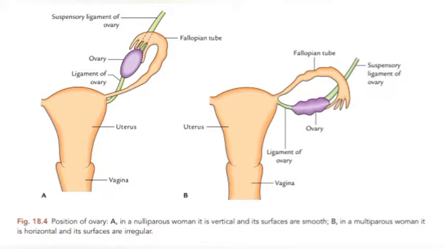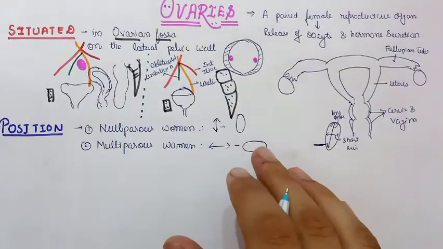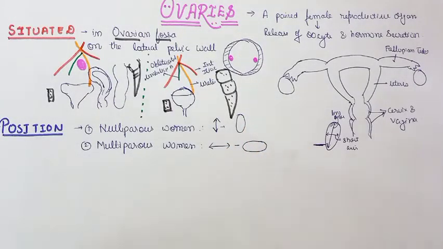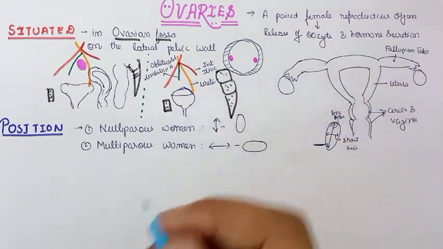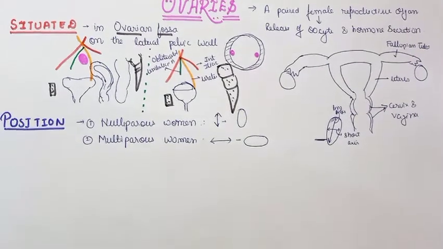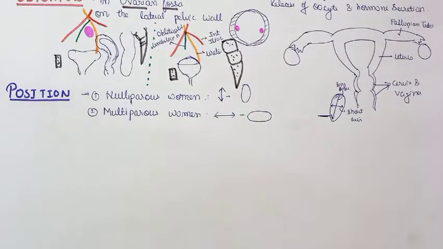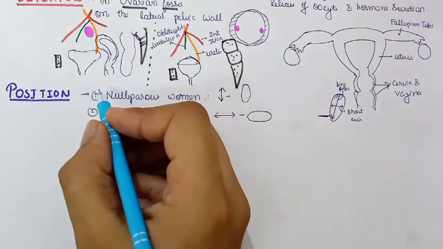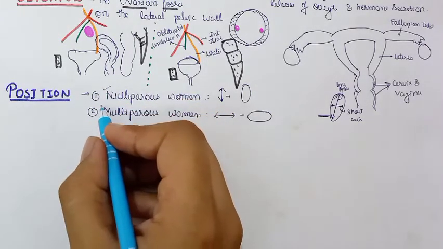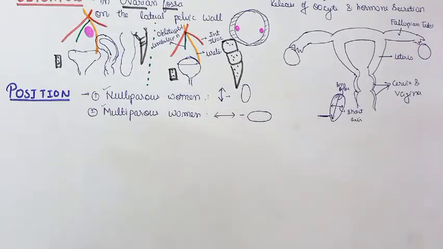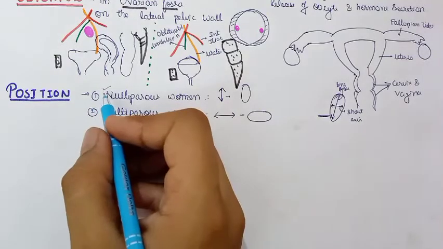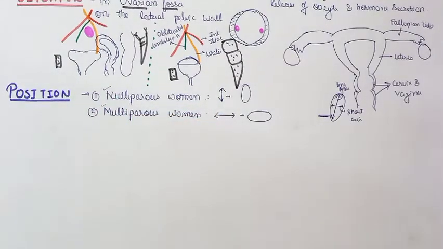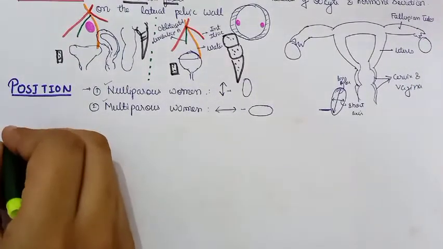In this diagram, you can clearly see the position in multiparous and nulliparous. I have not discussed the poles. So first, let us discuss the external features. Then I will tell about the condition of the poles in both the cases. So the next topic to discuss is the external features of the ovary. And let me tell you, the external features differ in nulliparous and multiparous. Some external features, especially the gross overview, what you look at from outside, are different in the nulliparous and the multiparous woman.